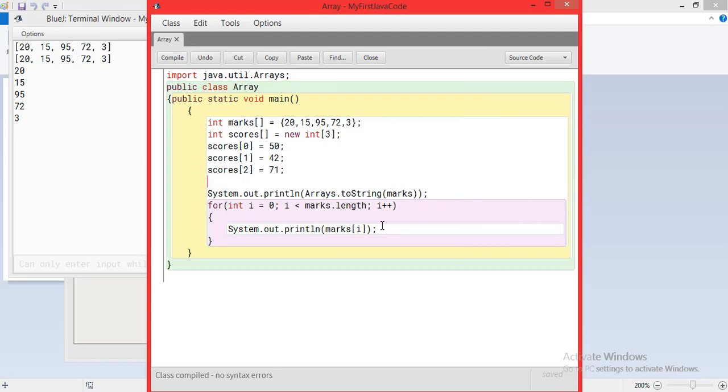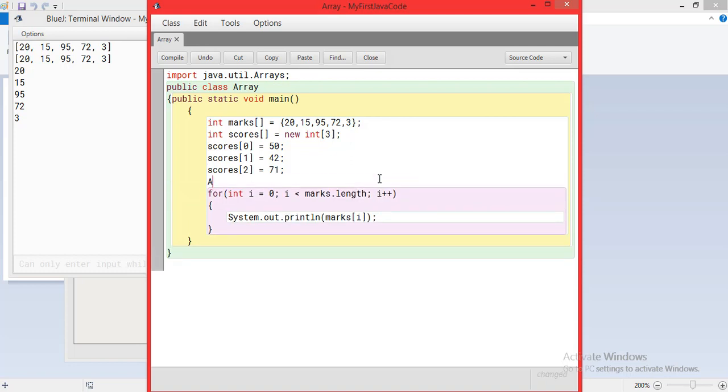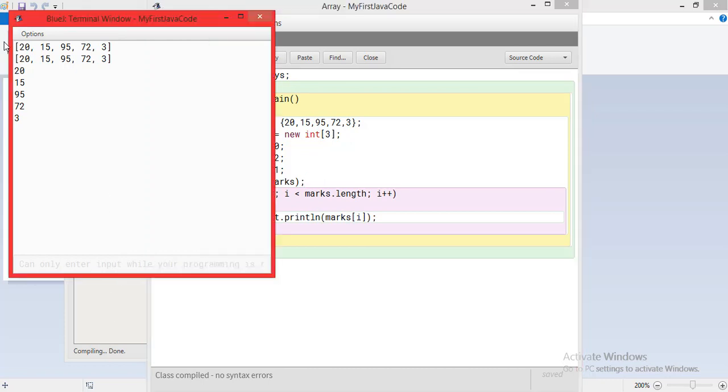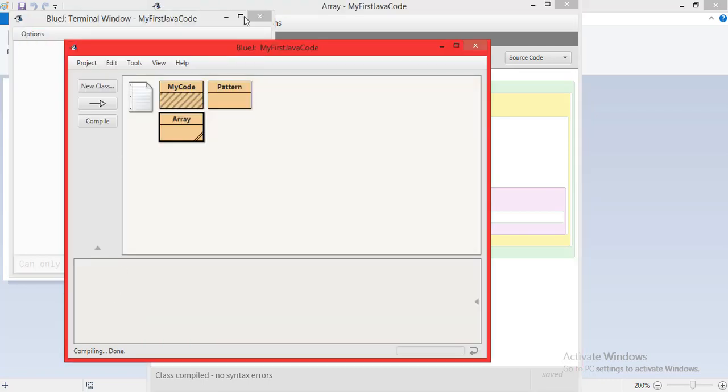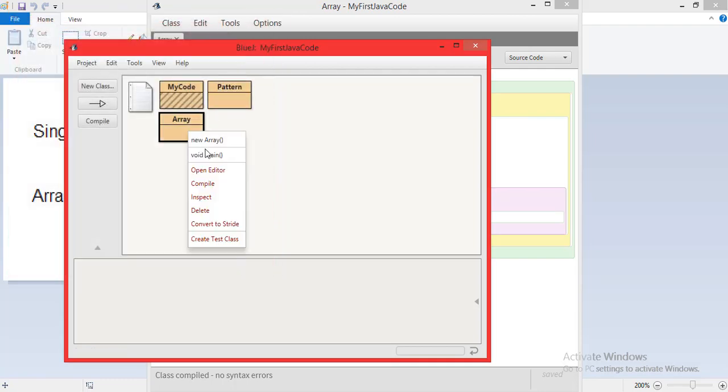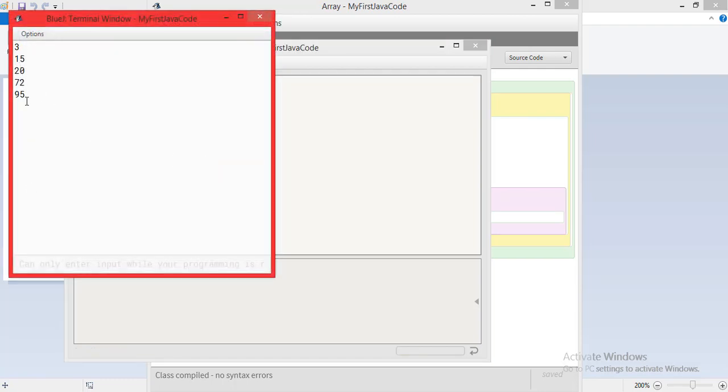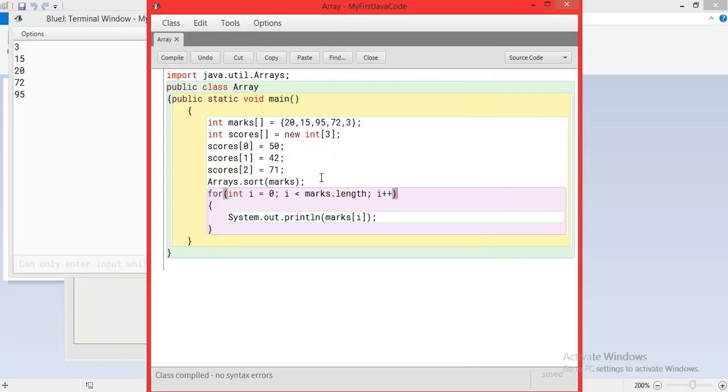Another thing, if I want to sort the array in ascending order, I will simply go here before printing. I'll say Arrays.sort and I'll say marks. So what it will do is sort out the entire marks array. Okay, no syntax errors. And now if I view it, the smallest value first, so it will show ascending order. Okay, so if I just clear this off and now try, I have to go to void main. See, now the array is sorted in ascending order and given to me because of this function Arrays.sort.